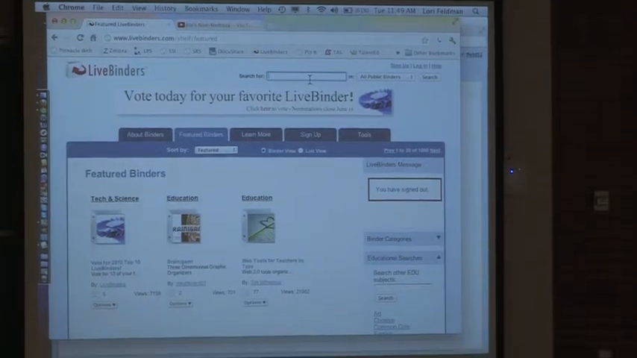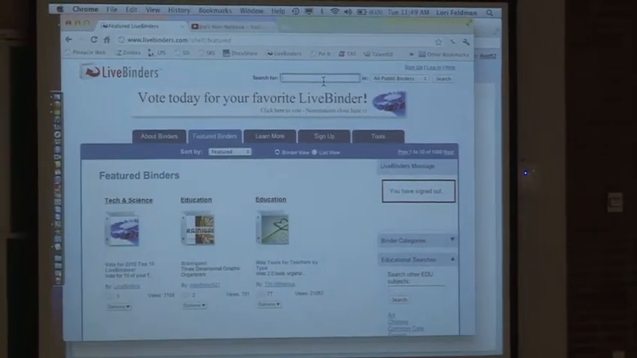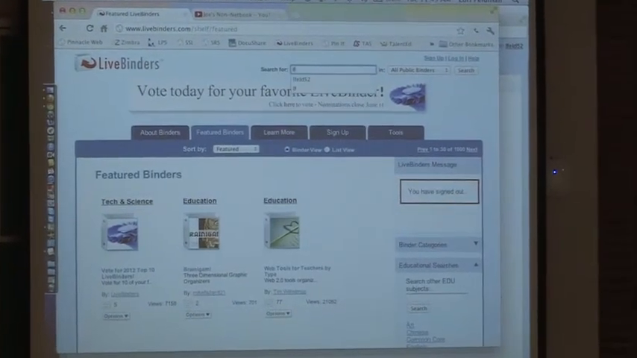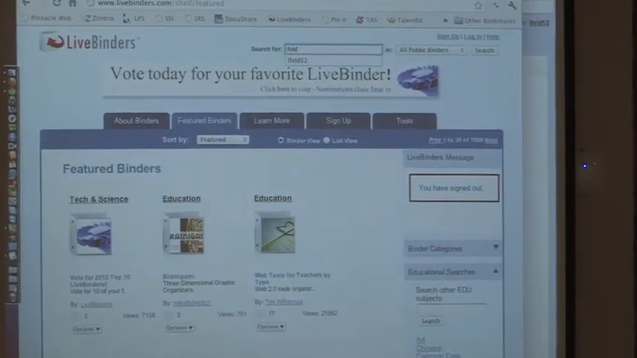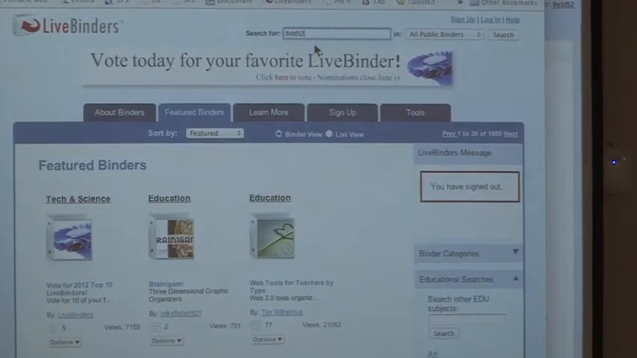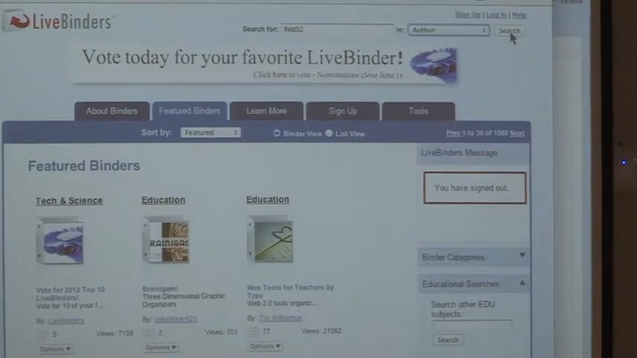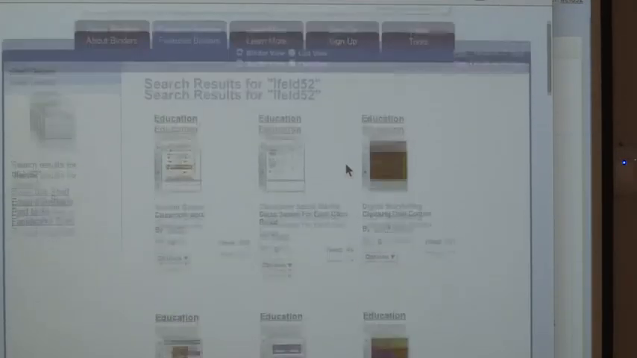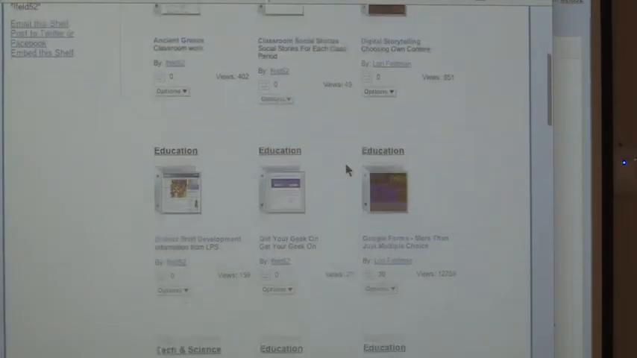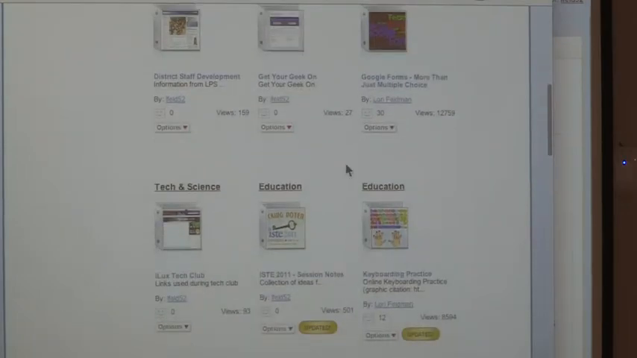For example, I'll show you an easier way to get to my LiveBinder. My handle, I guess you would call it, for social networking, is lfeld52. And you can search by author. When you search by author, multiple LiveBinders will come up of things that I have created that I'm willing to share with people. And then you will find on there,